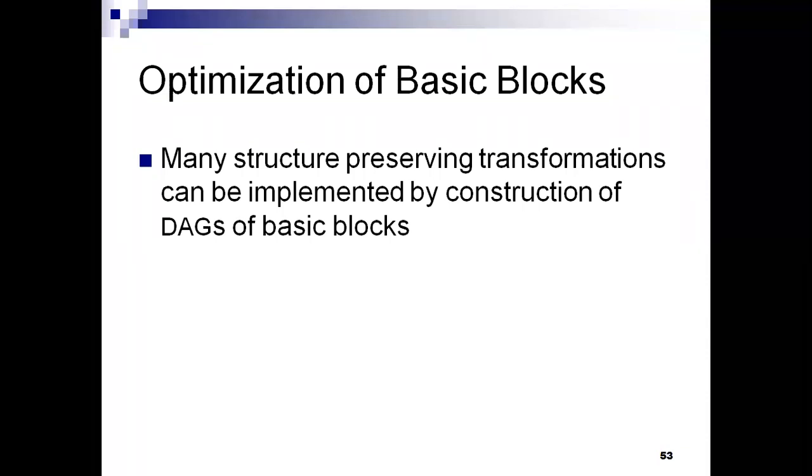The most important thing we need to know is that in a sequence of consecutive statements, the flow of control enters at the beginning and leaves at the end, without any halt. That means we're not terminating there, or doing any branches, or forming any cycles, or any possibilities of branching. So without halt or possibility of branching, the flow of control enters at the beginning and leaves at the end. Then only it can be called a basic block.